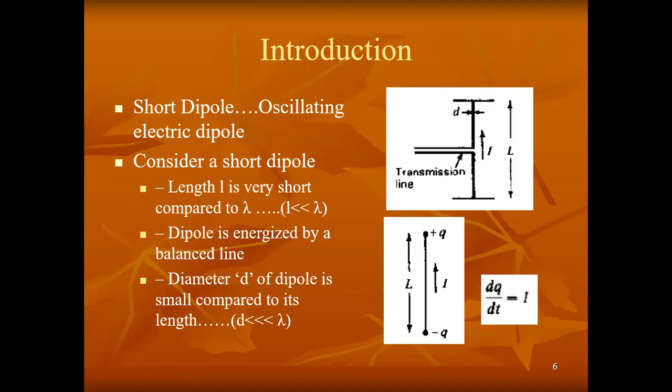A monopole is also possible. An electric monopole is possible, but a magnetic monopole is not. What it means is that if you take a magnet and break it into two parts, each part again has a north pole and a south pole. Break it again, and again north pole and south pole. Even if you make small pieces, each becomes a north pole and south pole. That's why, in Maxwell's equation, we have explained that del dot B equals 0, which means the magnetic monopole doesn't exist.